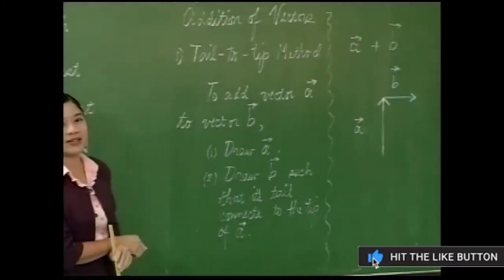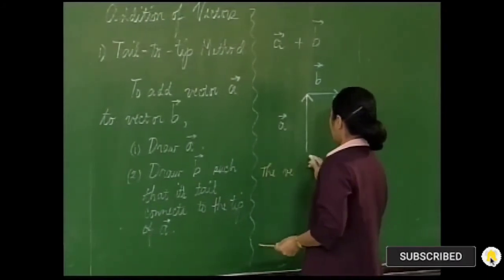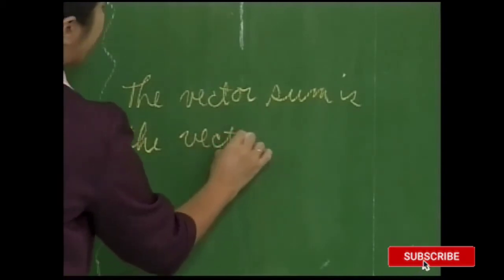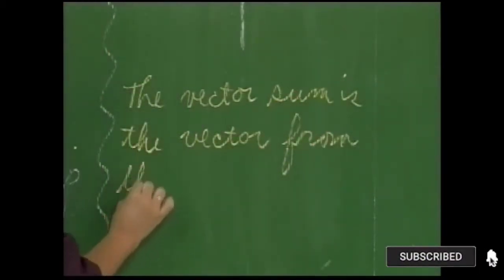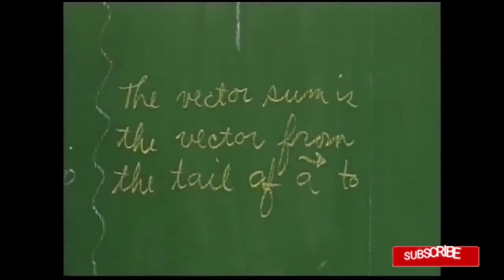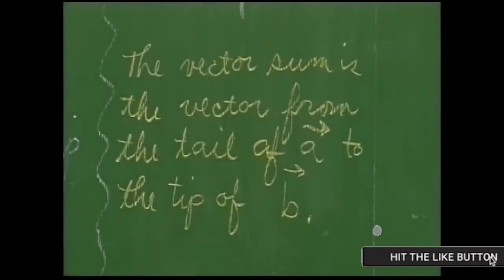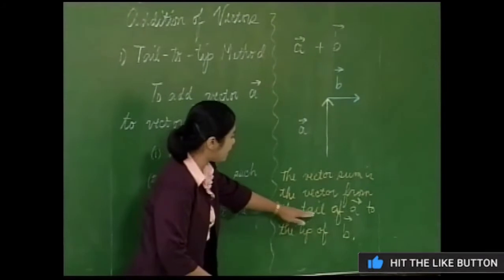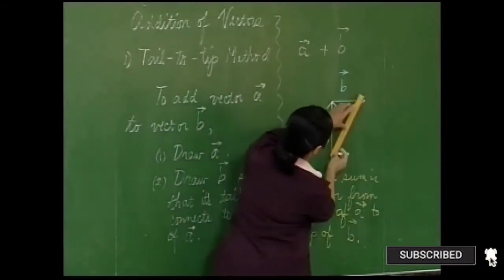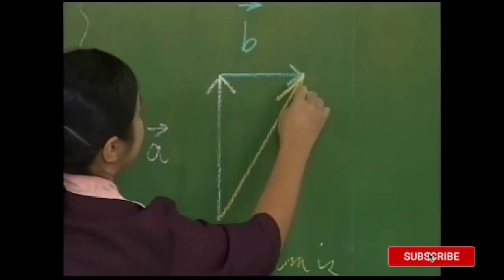Now, what is the vector sum? The vector sum is the vector from the tail of A, the first vector, to the tip of the last vector, the tip of B. So again, the vector sum is the vector from the tail of A to the tip of B. So this is the tail of A, and this is the tip of B, and therefore I connect them, and this is my vector sum,